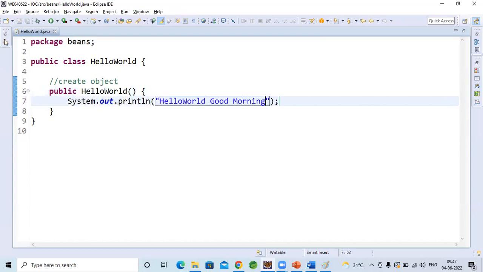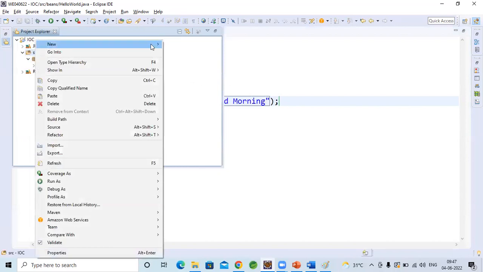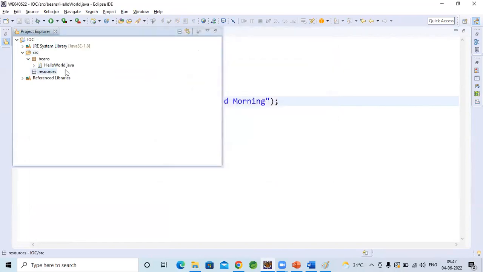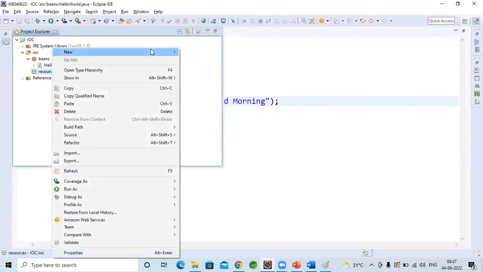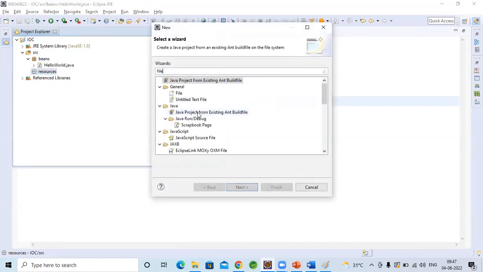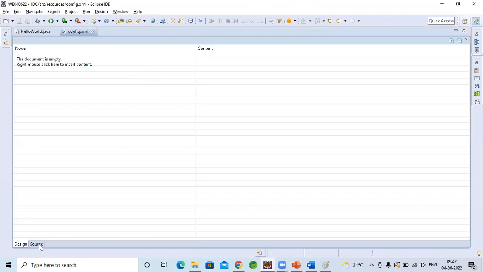Now the first step is done. I created a simple POJO class, and I'm creating an XML file in another package called resources. You can use any naming convention. In general we used to use a resources package. Put any name here, like Config XML or Spring XML or whatever it is. Create a simple XML,